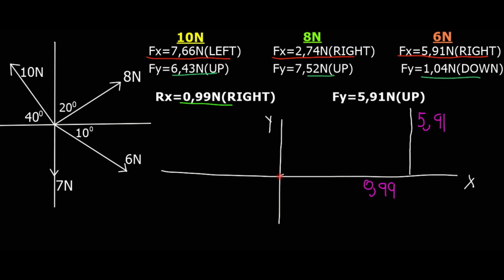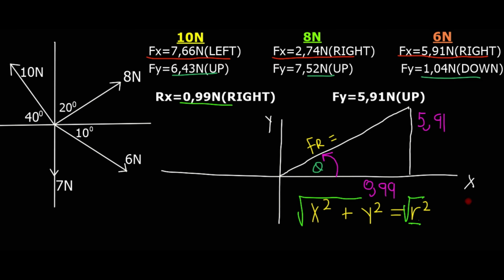So to find out the resultant, obviously we want the hypotenuse, because these forces are not in one dimension. And then this is our angle theta, so we want the direction, we will have to find this angle. So now we want to find out this Fr. We will use the theorem of Pythagoras. Theorem of Pythagoras: x squared plus y squared equals r squared. So we want this r, so we will take the root on both sides, and then we can find r. So from there I can say Fr equals